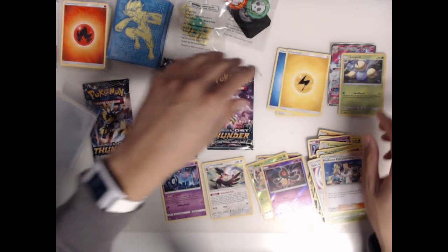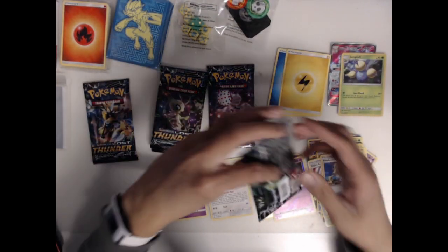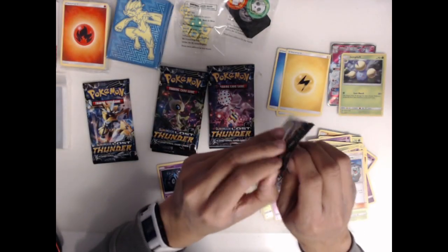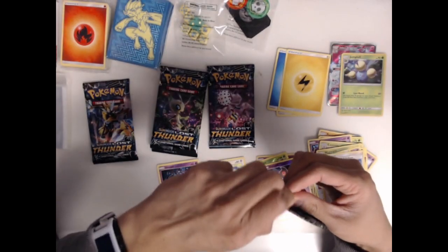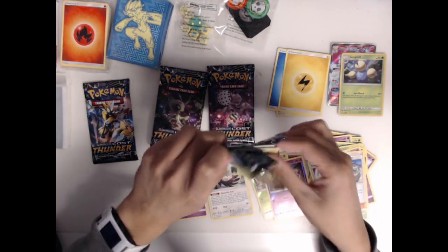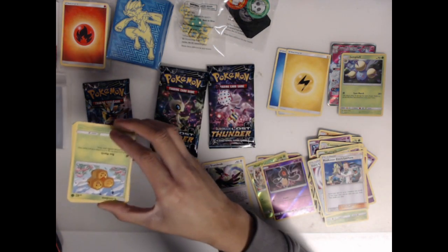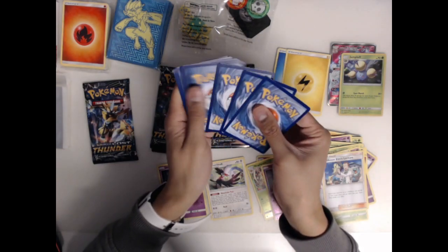Honestly, that Ditto Prism Star, that is what's gonna... I want to open that last Blacephalon later. I feel like we're pulling straight fire out of the Blacephalon ones. Let's see. Maybe we should save that one for last to see if we can get anything super good on the very last pack. Maybe they just loaded the Blacephalon ones. Maybe there's a hyper rare Blacephalon in that pack, which recently I believe won the Collinsville